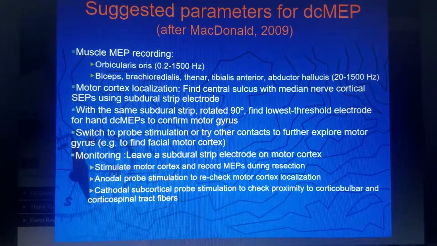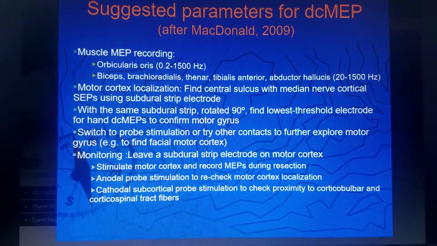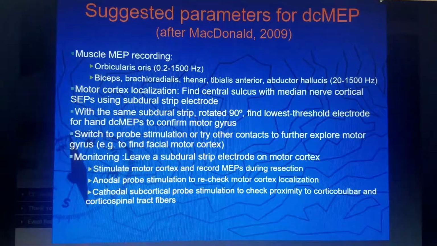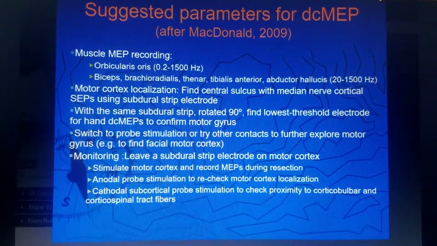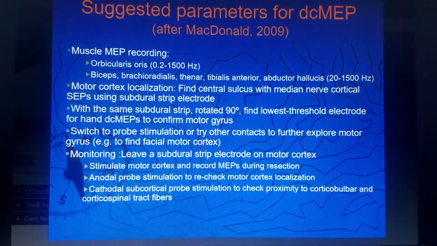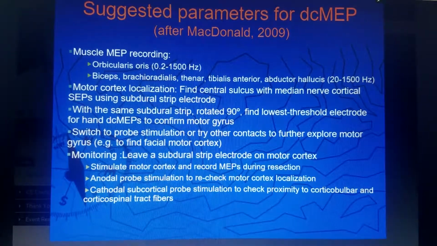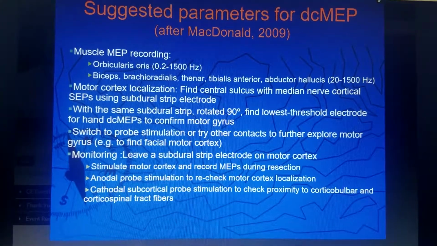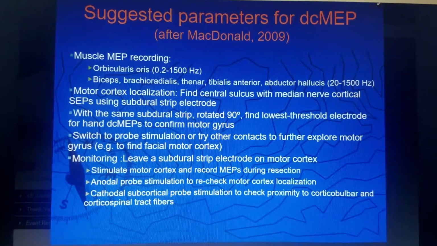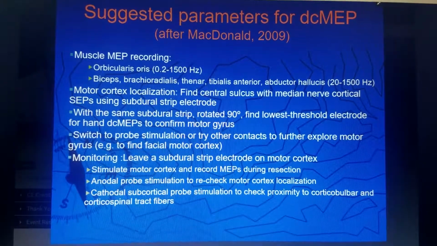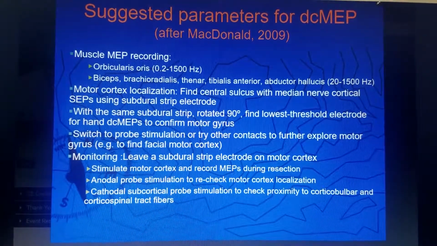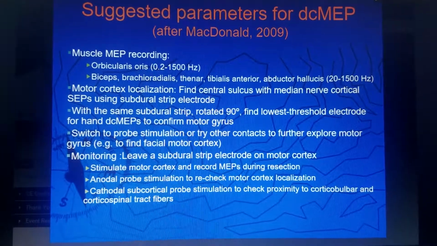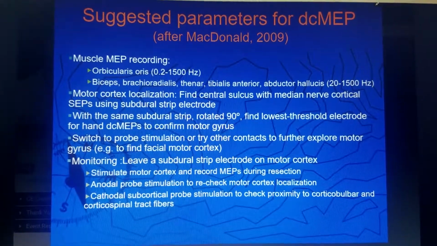And then by trying different contacts, one thing that's pretty interesting is that you can actually find the mapping of the motor cortex, and in an ideal situation, you can have one electrode that is over the hand area and another electrode that is over, say, the leg or approaching towards the foot area, and with a biphasic pulse that goes first one direction and then the other, you can get responses from both upper and lower extremities, which is a pretty neat thing,